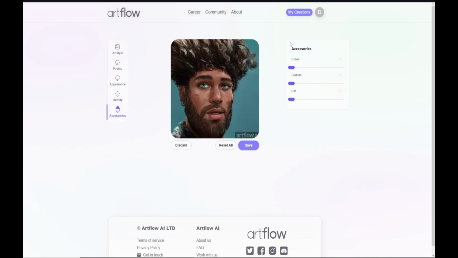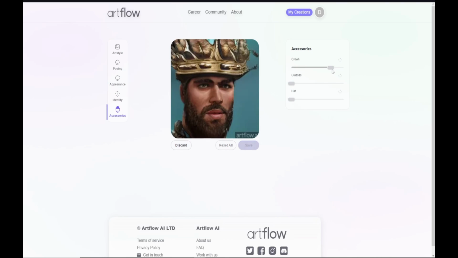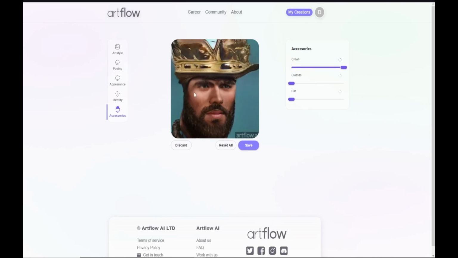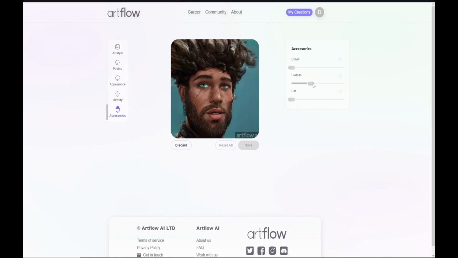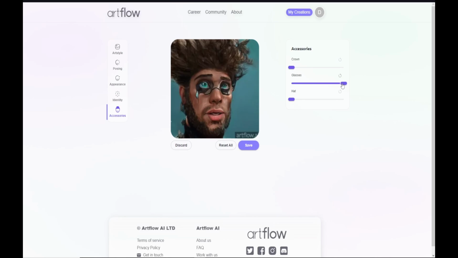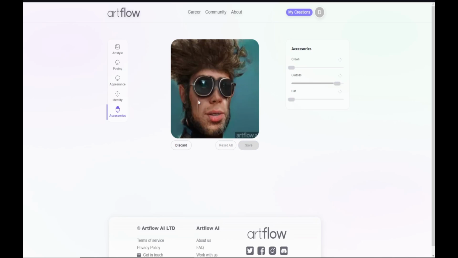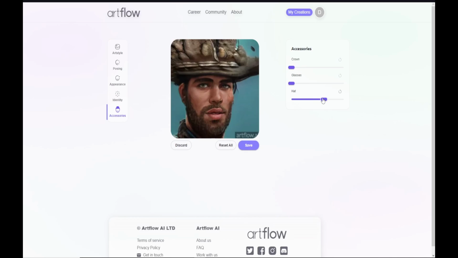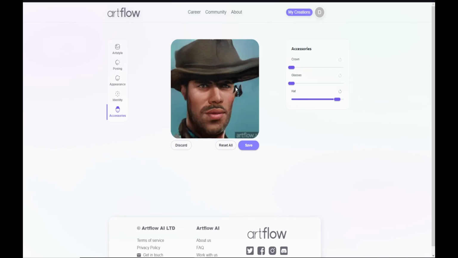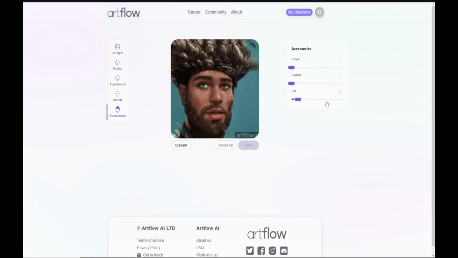Okay. And finally, accessories. I honestly don't think the accessories look very good, and as you can see, they sometimes cause a lot of distortion, so just be very careful with the accessories. As you can see, glasses pertain more to around the eye, but cause a lot of distortion. So in order to get something that looks good, we're just going to be careful here. I like this hat. I like how the hair turned into a hat, and little mistakes like that we can edit. But for now,